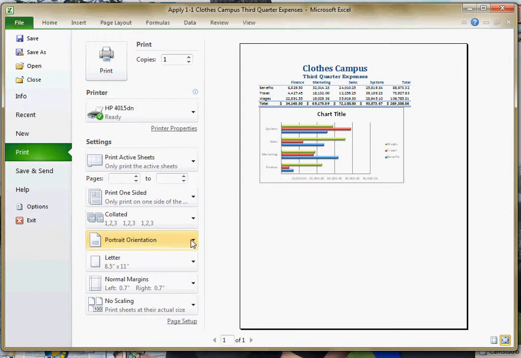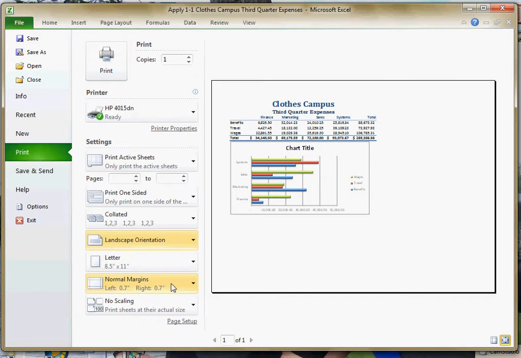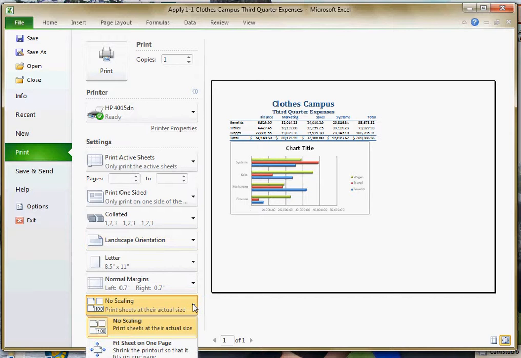Another thing I want you to see is I could change this. I don't have to have it portrait. I could change this to landscape from right here, make things look a little bit nicer. I also have scaling, and this comes in real handy, especially if I get in a situation in which I have a spreadsheet that's maybe just a little bit larger than my page, and I can use fit on one page, or I can choose fit all columns on one page if it's just a tall spreadsheet that's not very wide, and that way it won't cut it off and make extra pages that just have maybe one column of